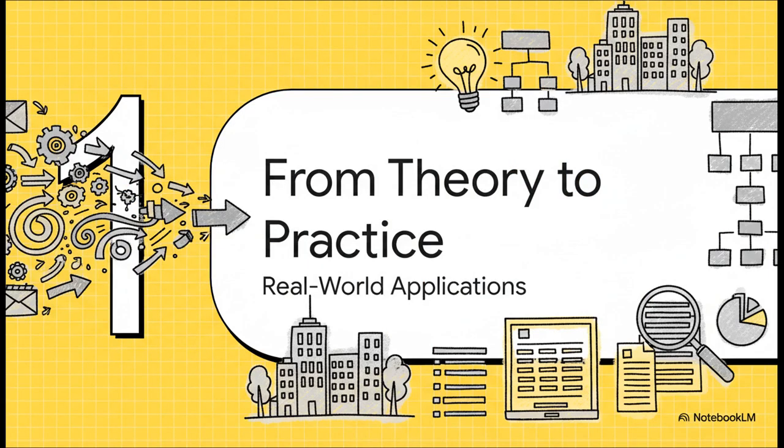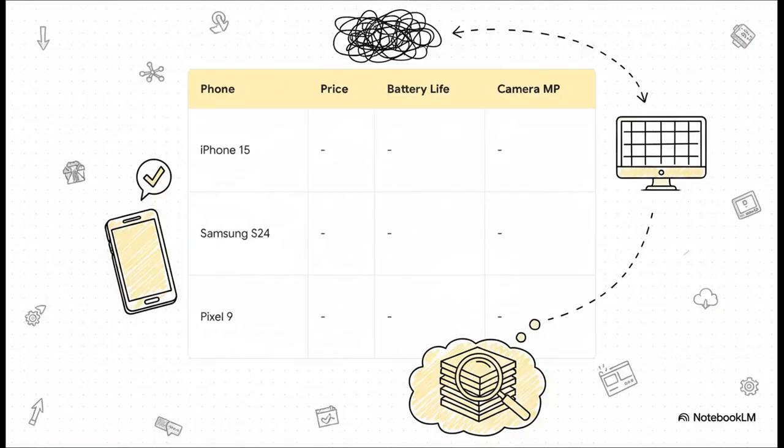Okay, so that was the big idea. Let's move from theory into practice and see how this actually solves real-world problems you probably face every single day. So picture this. You're trying to buy a new phone. You could ask the AI for a rambling paragraph comparing them, or you could tell it to generate a clean Markdown table just like this. You tell it which phones you want, the exact specs you care about, and then you hit it with "output only the Markdown table." Boom. Instantly, you've got a super clear, easy-to-read comparison to help you make your decision.